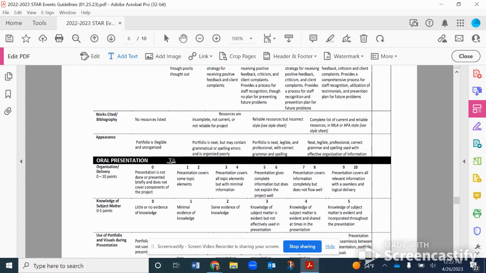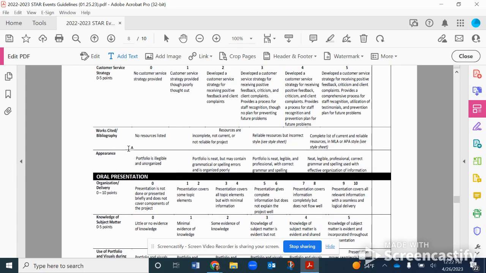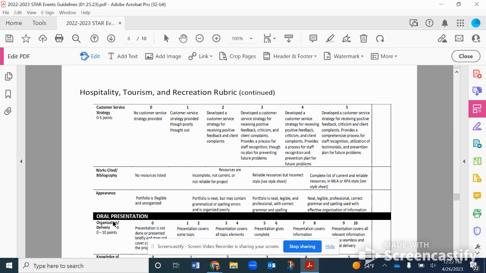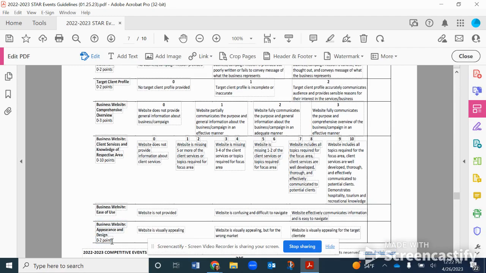Because you are giving feedback on the appearance, the works cited, the website, and the ease of use, but you are not grading them, so it's not affecting the total. So currently we have how many points? Oh, there we go. What percentage of a project do you fundamentally think should be given to